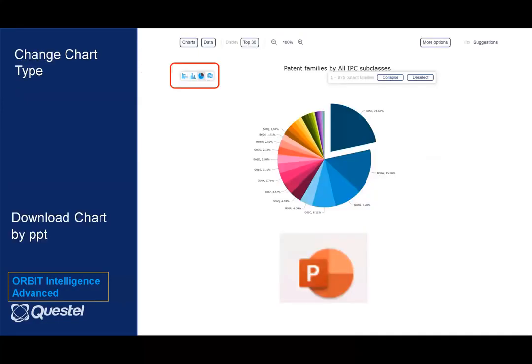Then each and every chart has an option where you can change the chart type. So as I said, not only a bar chart, a vertical or a horizontal bar chart, a pie chart can also be prepared, or a tag chart can also be prepared. It depends on the user what kind of chart he wants to avail and export in his analysis. And there's also an option to export all the charts directly in PPT along with the description of what that chart exactly speaks about, and what features it considers behind each and every chart option.